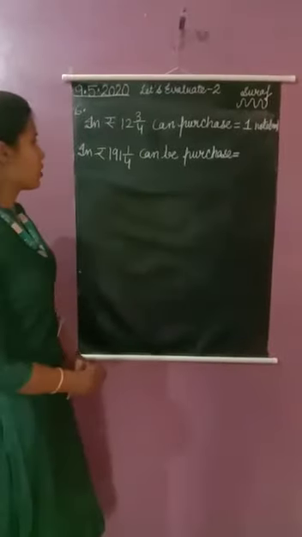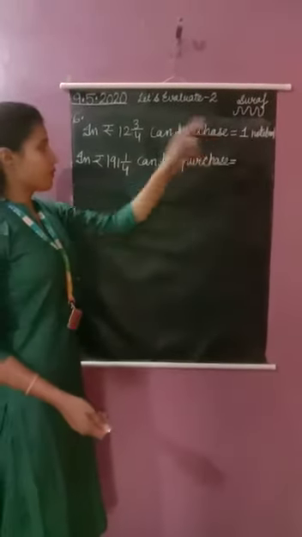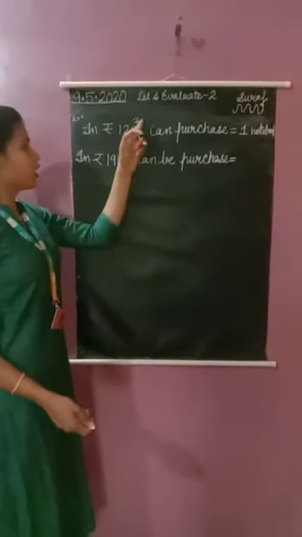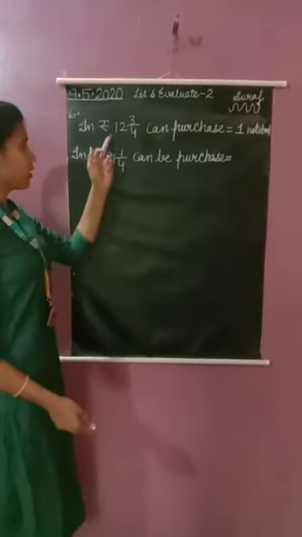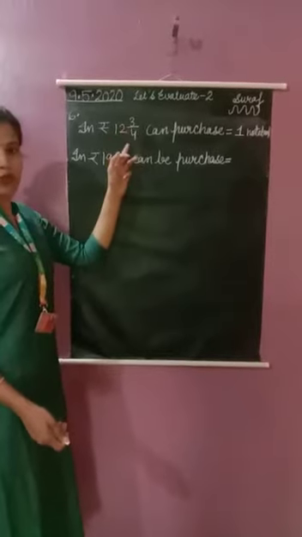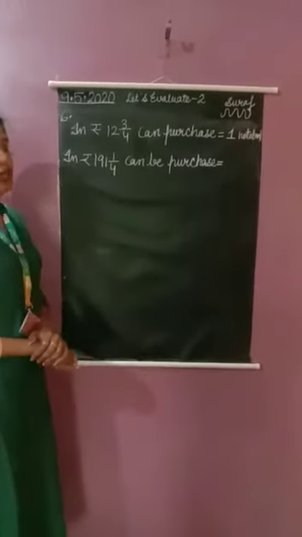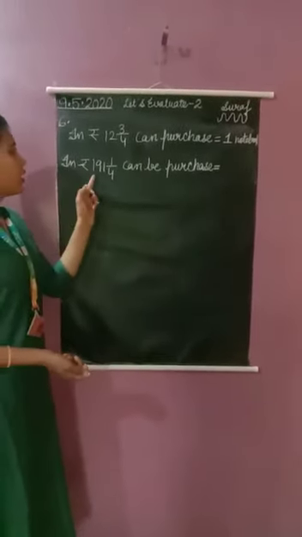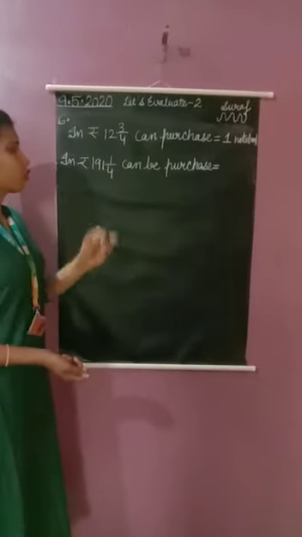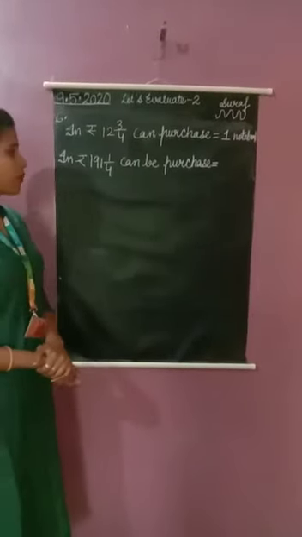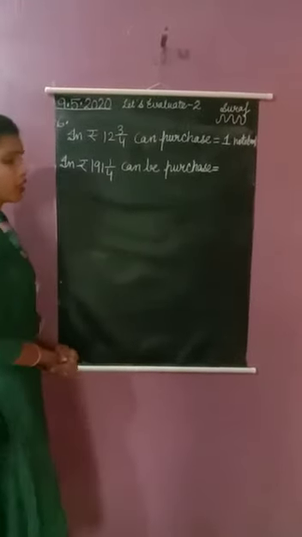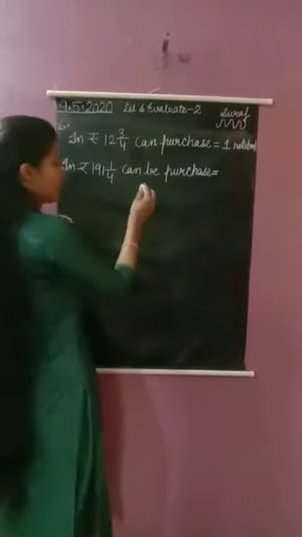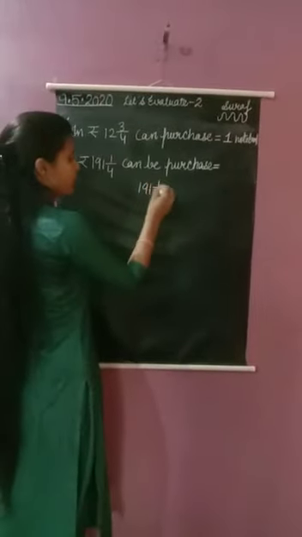In this question it is given that one notebook can be purchased for 12 and 3/4 rupees. One notebook price here is given as 12 and 3/4 rupees, and we have to find in 191 1/4 rupees how many notebooks can be purchased. How many notebooks can we purchase? So here we will use divide. Here this divide by